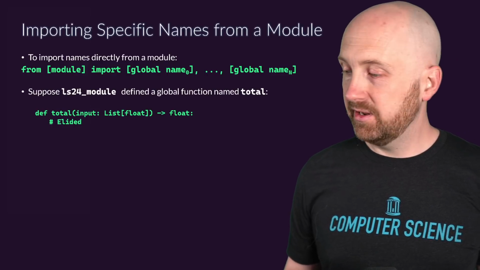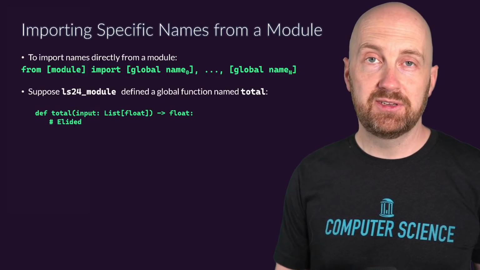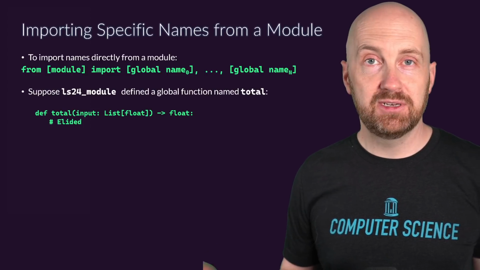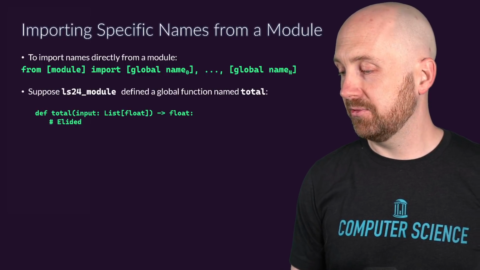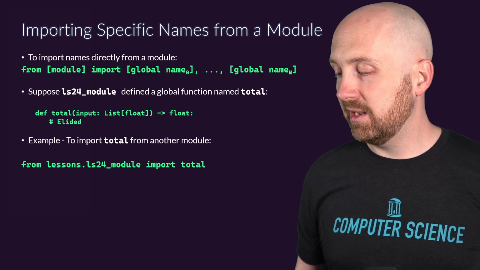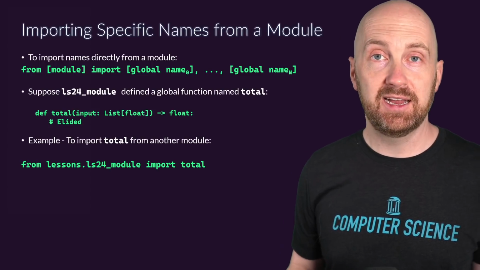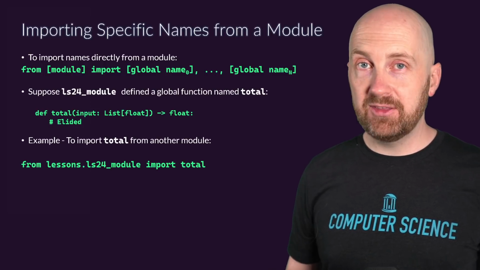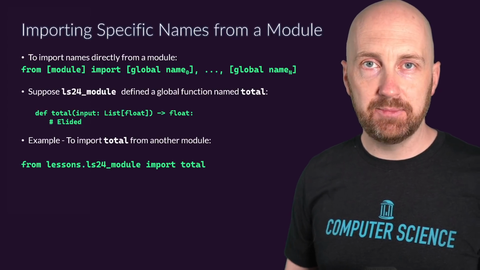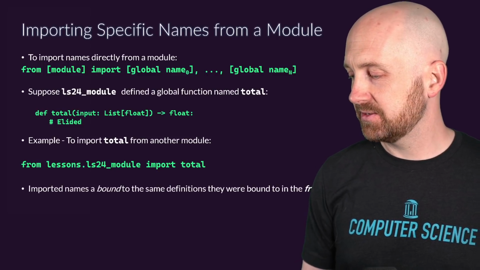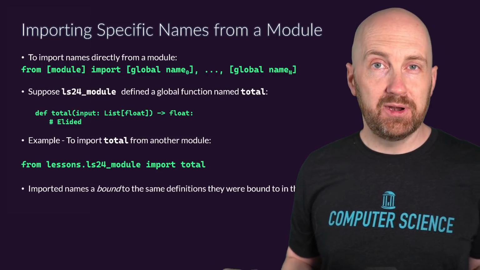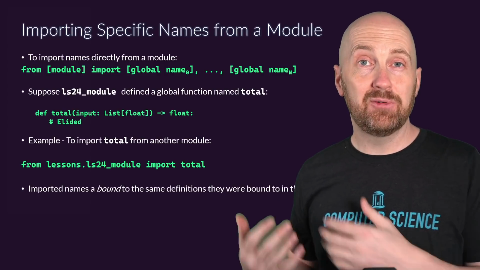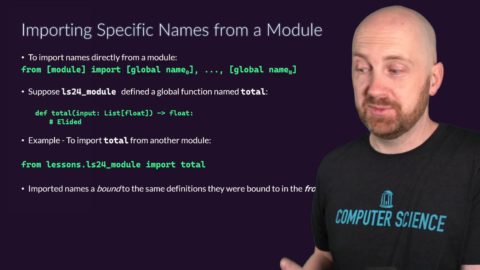So we've got this function, and we've seen it in the file that I just demonstrated briefly, a total function where the implementation is elided. But if we had a function defined at the top level of one of our modules, like ls24 module, then we could import it by saying from lessons.ls24_module, import, and then that name, right? And so hopefully at this point, this isn't feeling too surprising or magical because you do have some experience doing this. When you import in this way, the name, in this case total, will become bound to the exact same definition that total was bound to in the module